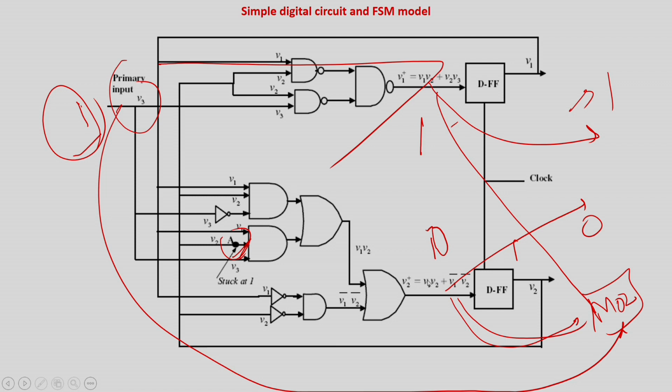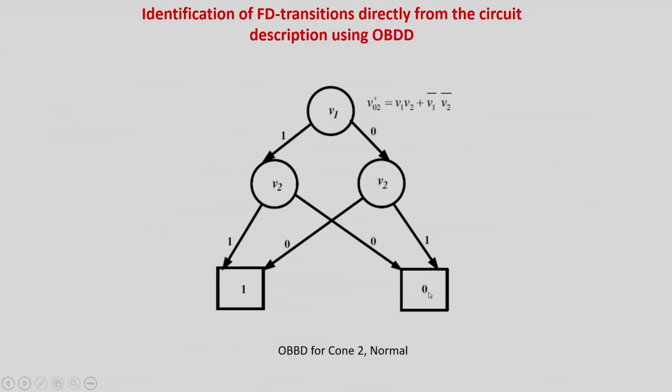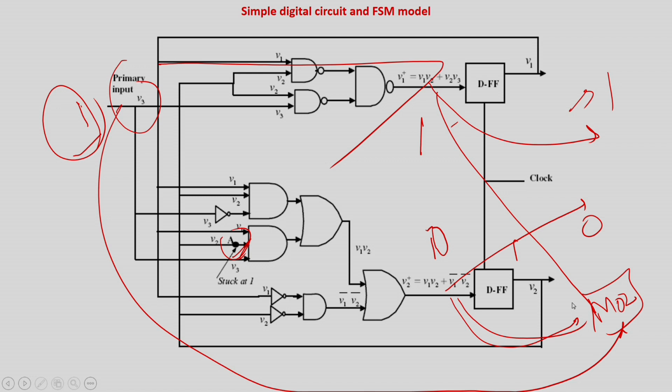So in cone number 2, I will represent V2 in a BDD in the normal mode. This is the BDD under normal mode. I am calling it V02, just to represent normal mode. For failure I will represent it by 1 2, where 0 corresponds to the normal, 1 to the first fault, second fault, third fault. I can just use a simple nomenclature. So if you look at this, the BDD representation of this cone is simple Boolean algebra, right.